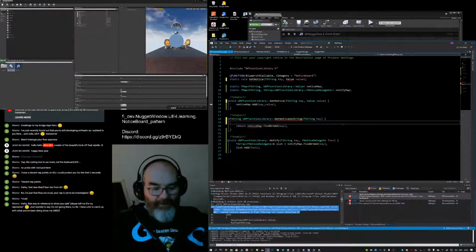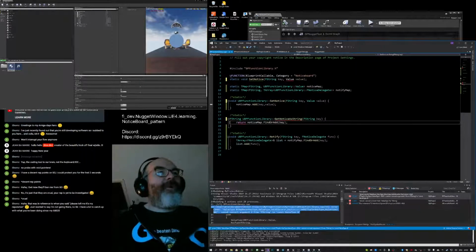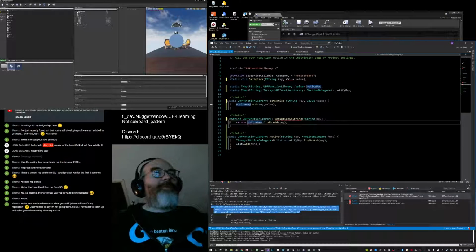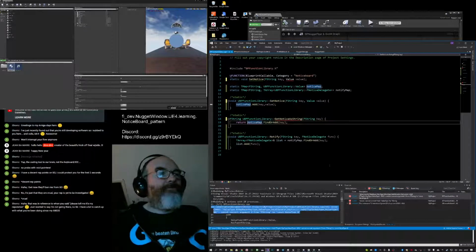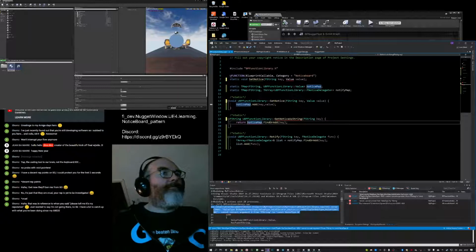The first thing I need to do is convert what I get back when I do the find or add into a string from a void pointer. This might not work.